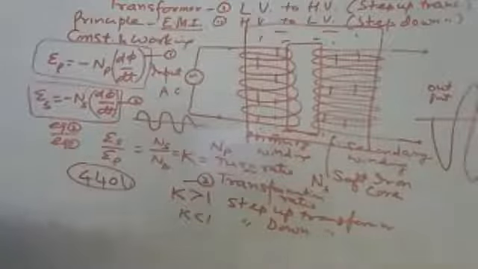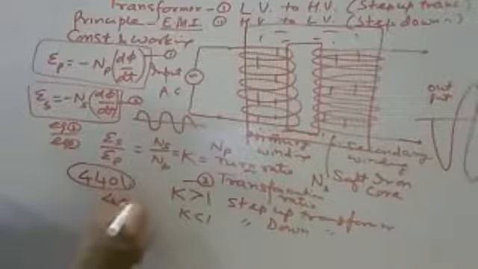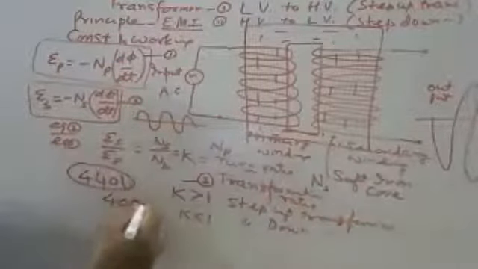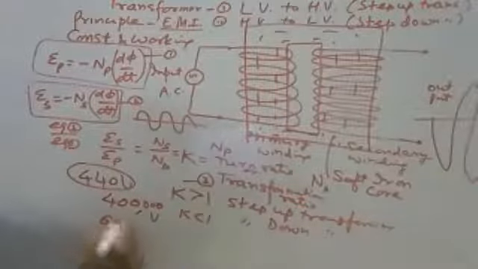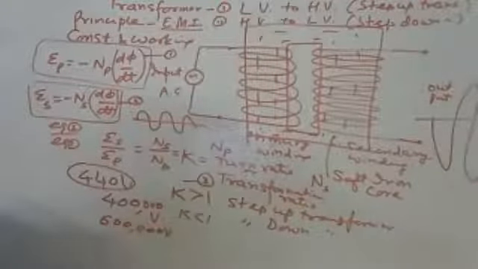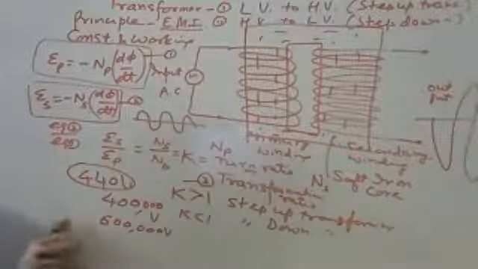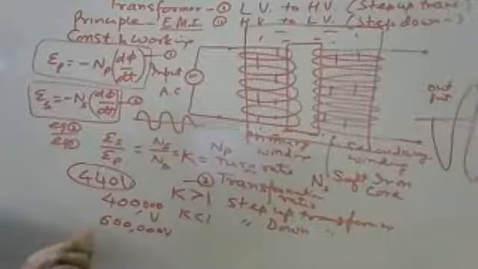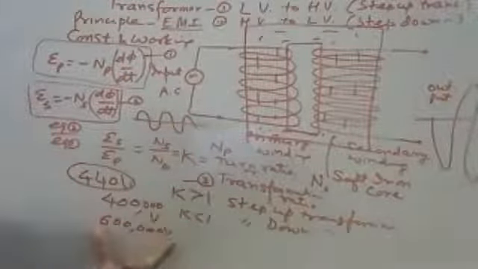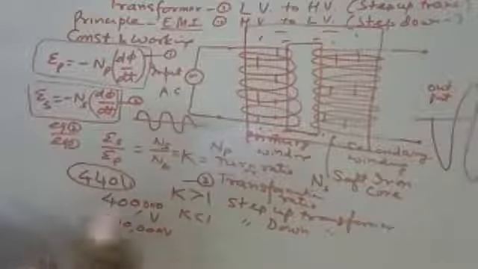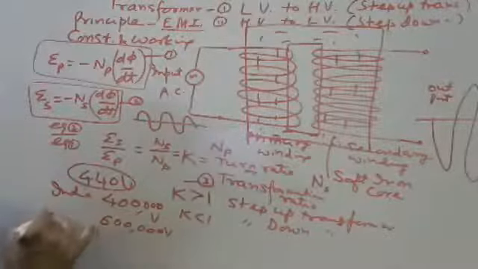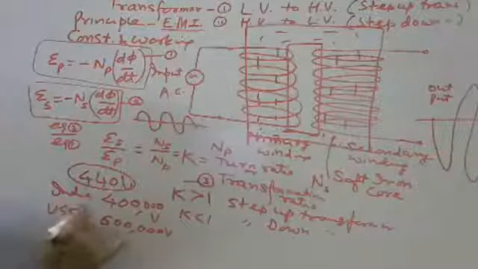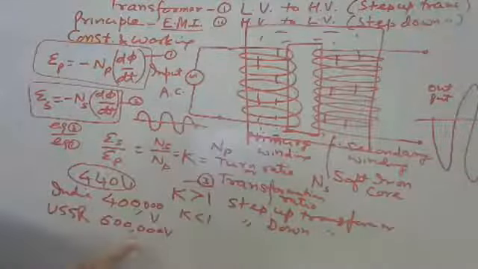Can you just imagine, 400 kV, kV means kilovolt, 400,000 volts in India and 600,000 volts in Russia. This was the figure just before when we joined Hindustan Copper. This is a very high voltage, the maximum voltage in Russia and the maximum voltage in India at that time. I do not know the present scenario, but this is a very high voltage.